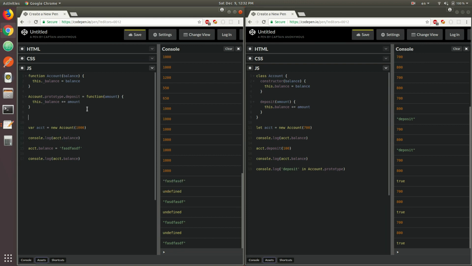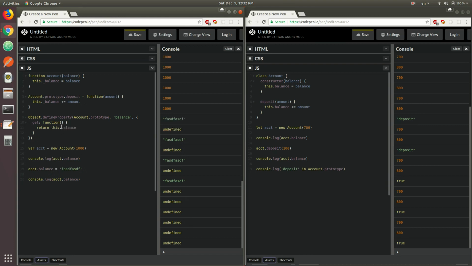So in this case, one of the ways to do this, and of course there's multiple ways, but one of the ways is to use the Object.defineProperty method. And the first argument would be the account prototype. The second one would be the name of the property. In this case, this would be balance, right? And the last one would be the actual getter. So in this case, we can use a special get keyword. Then we're going to use the function,